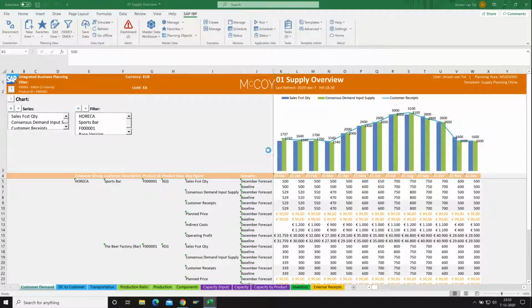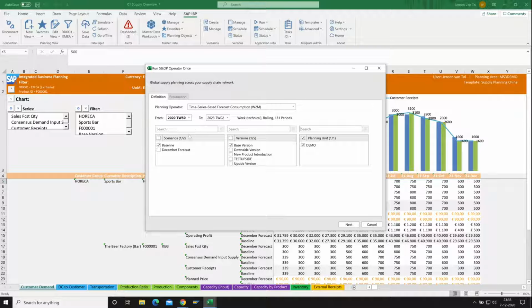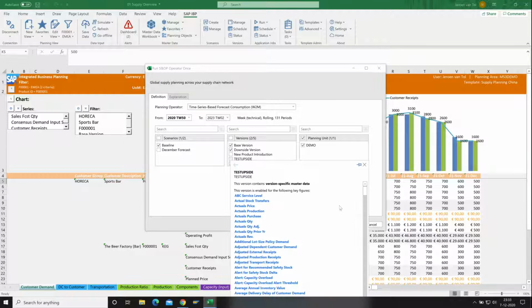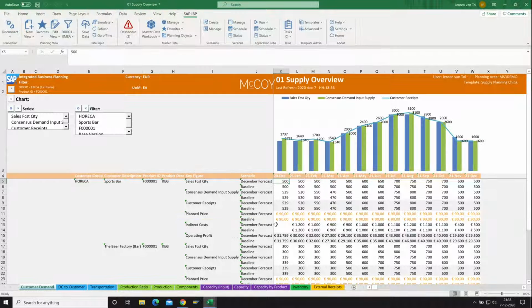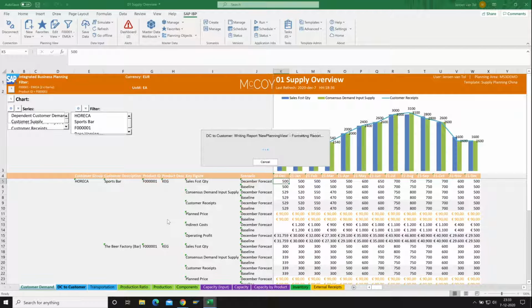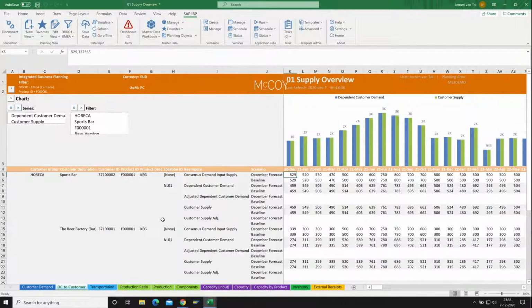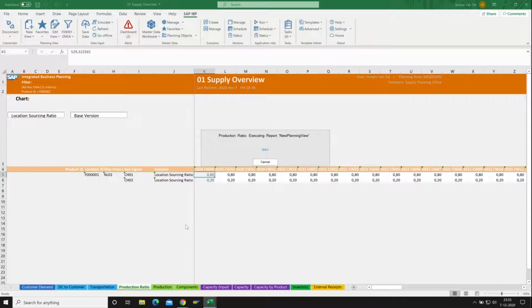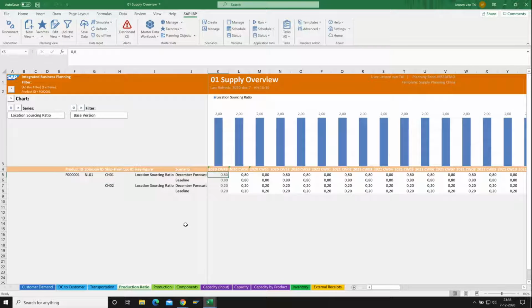So if I would open my operator, and this is where I can run, for example, an unconstrained heuristic on my supply plan, I have the opportunity to run this on a specific scenario, on a specific version, or any possible combination. So I can immediately run the same scenario for my different versions in both the baseline and my own scenario. So that again gives me the opportunity to play around with the numbers and to make sure that I can analyze my supply chain from all the versions and scenarios, and especially in my scenario, I can analyze before promoting this.